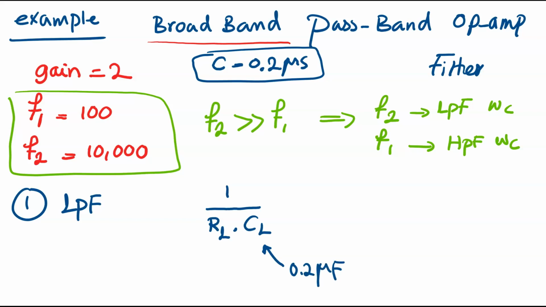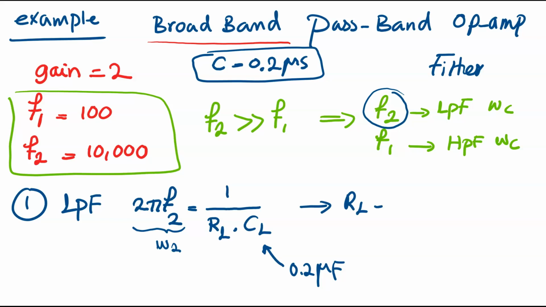And this is going to be my low pass filter frequency, which is supposed to be equal to f2, so it should be equal to 2 pi f2. So it means that I have omega 2 here. So solving this equation, I can find my RL. So RL should be equal to